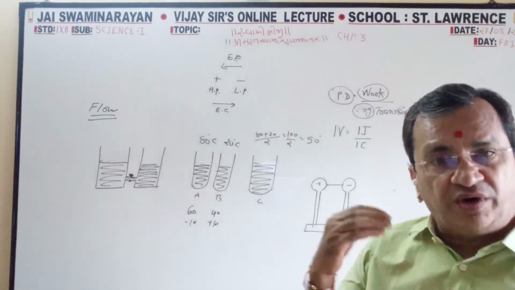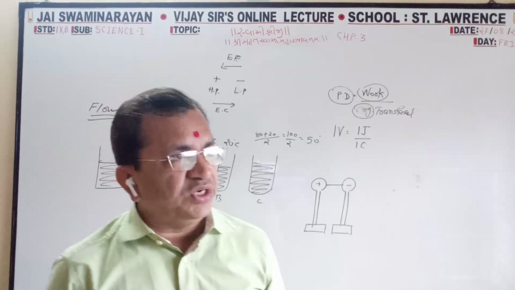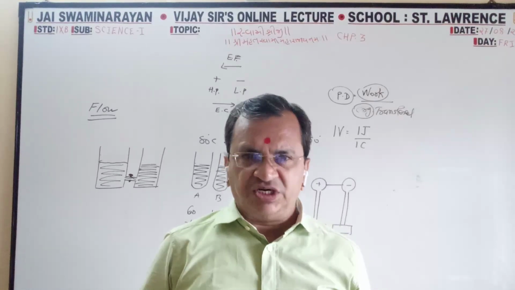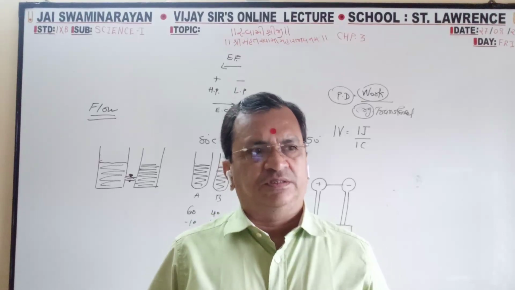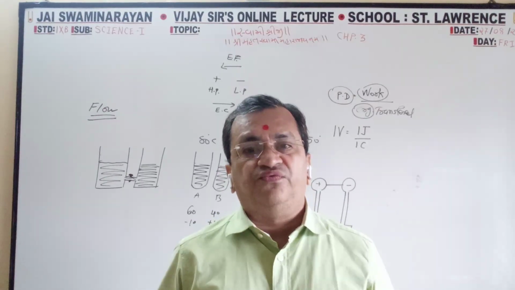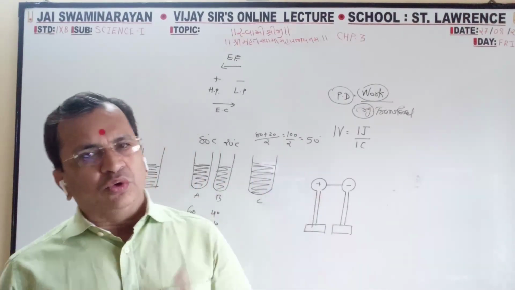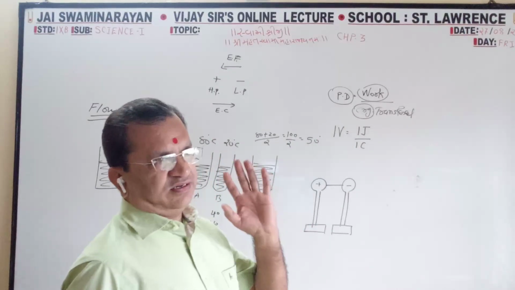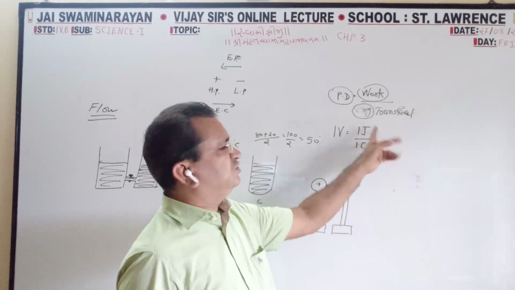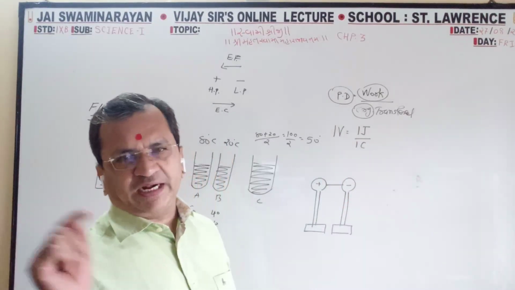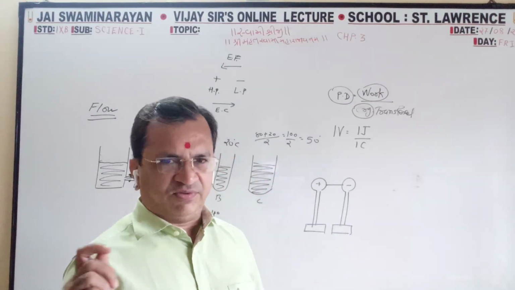Potential difference is equal to work done divided by the total charge passed. The unit of potential difference is the volt, the unit of work done is the joule, and the unit of charge is the coulomb. In both ways you can justify this equation: when 1 coulomb of charge passes, 1 joule of work is done, so the potential difference of that battery is 1 volt.